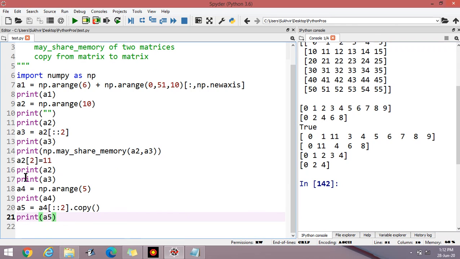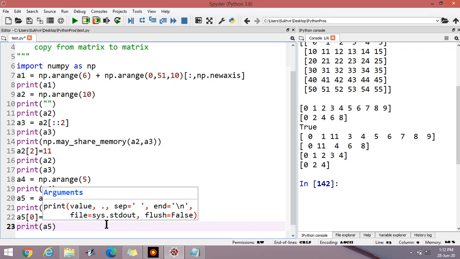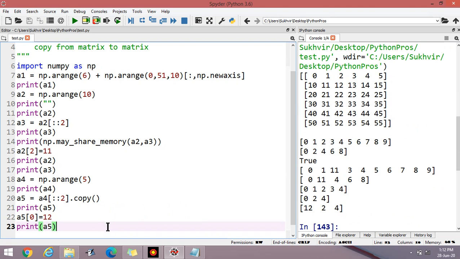Now try to apply may share memory inside these. Suppose I write A5[0] is equal to 12. Then print A5. Let us check the output. It's okay.